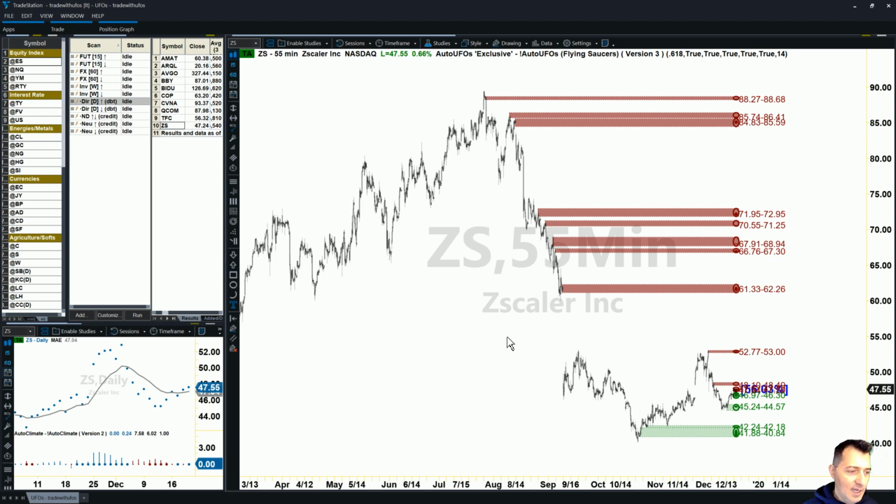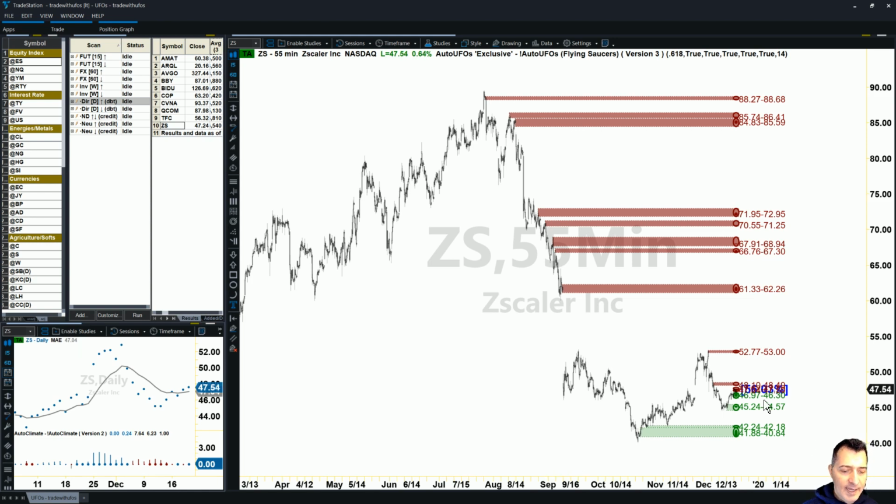So what do we have with ZS? ZS is a stock giving us a climate which is one candle into the blue, likely going to last for 8 candles. So a very, very nice moment to buy that stock. If you're right on this trade, it's going to be a nice one. Average is